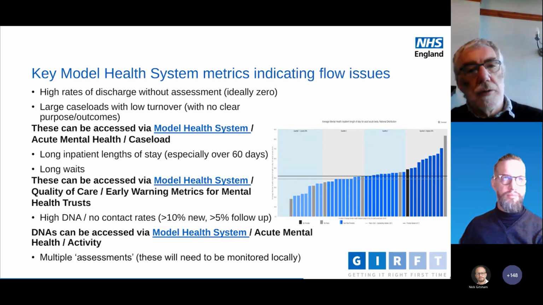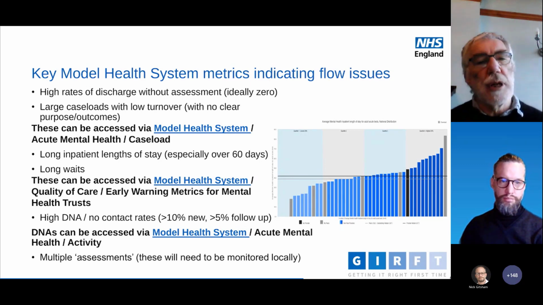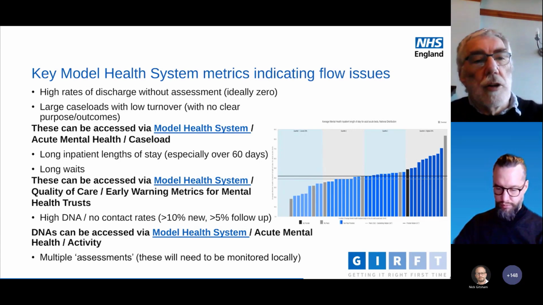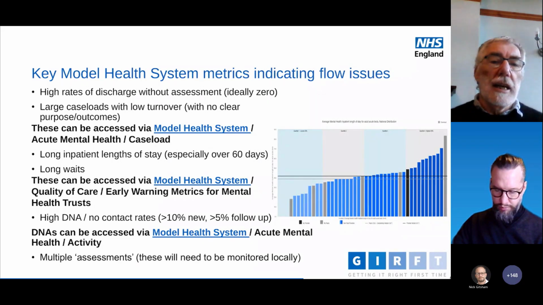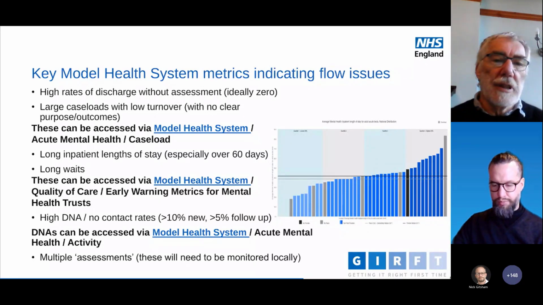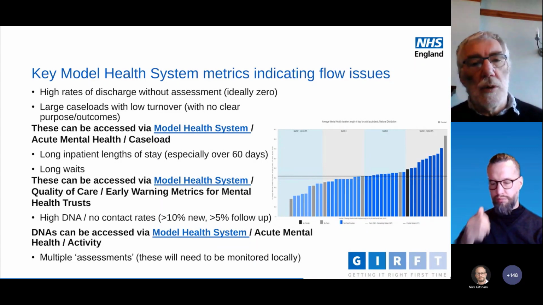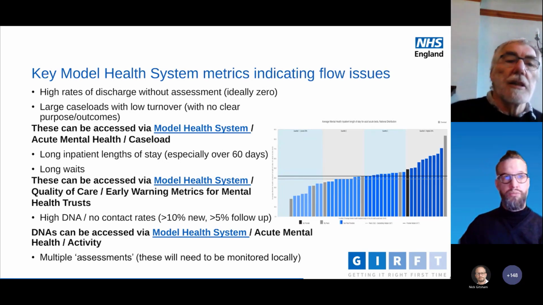Similarly, long inpatient lengths of stay, over 60 days. We now know that the longer you're in hospital, the more harm it does you. Over 60 days is arbitrary, but certainly over 60 days, you're starting to get into the situation of, can we justify the harm of keeping this person in hospital? What good are we doing that justifies that harm? When we started to look at that in work I've been doing through the GIRF stream, again it all came out as, oh, it's all about housing, it's all about social care. When we actually analysed that in various trusts, it turned out to be a very small proportion of those days that are due to those things. Most of them are due to not getting people treated quickly enough and effectively enough, which in turn leads back to them coming in in too severe a state and all the rest of it.